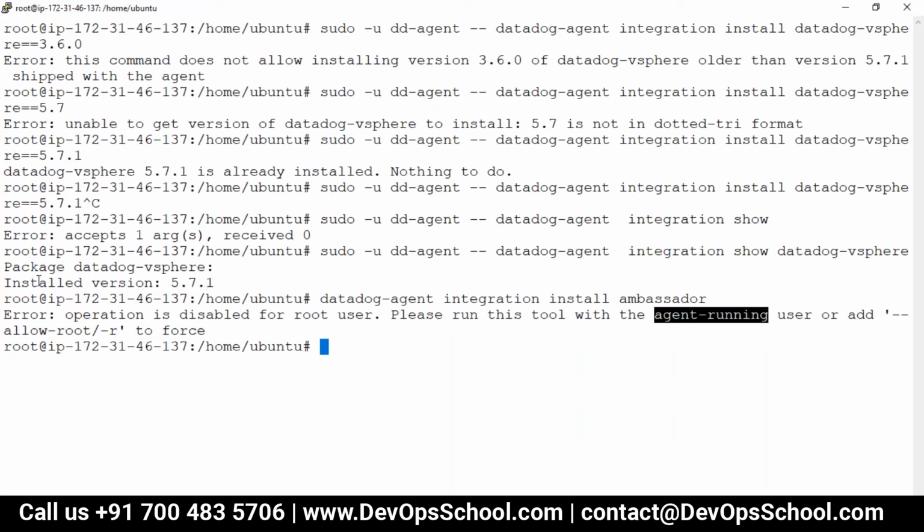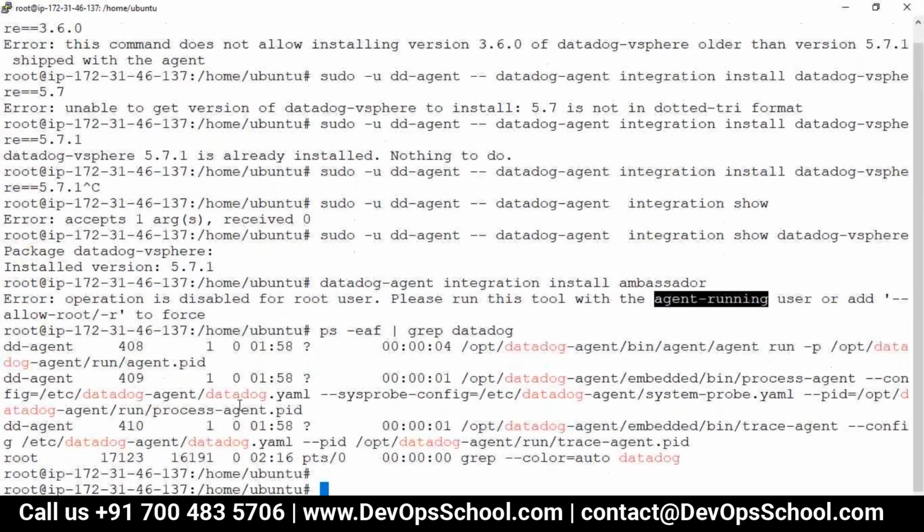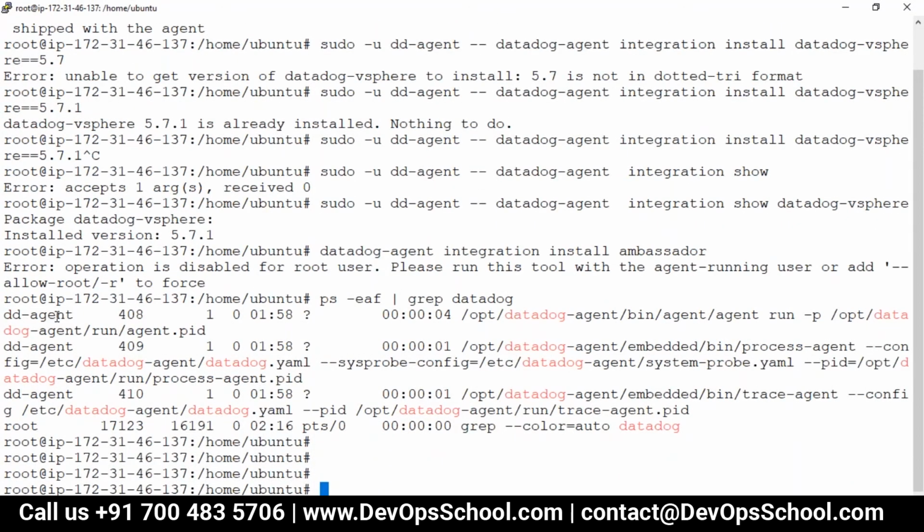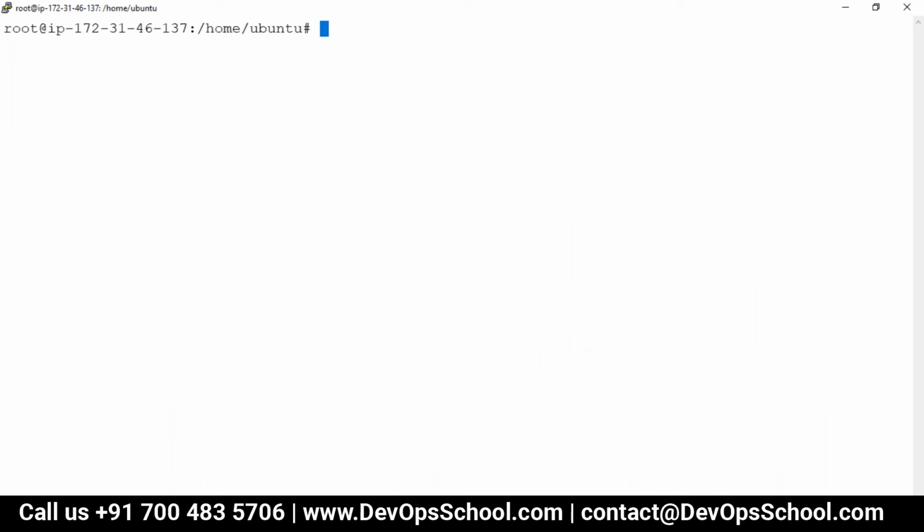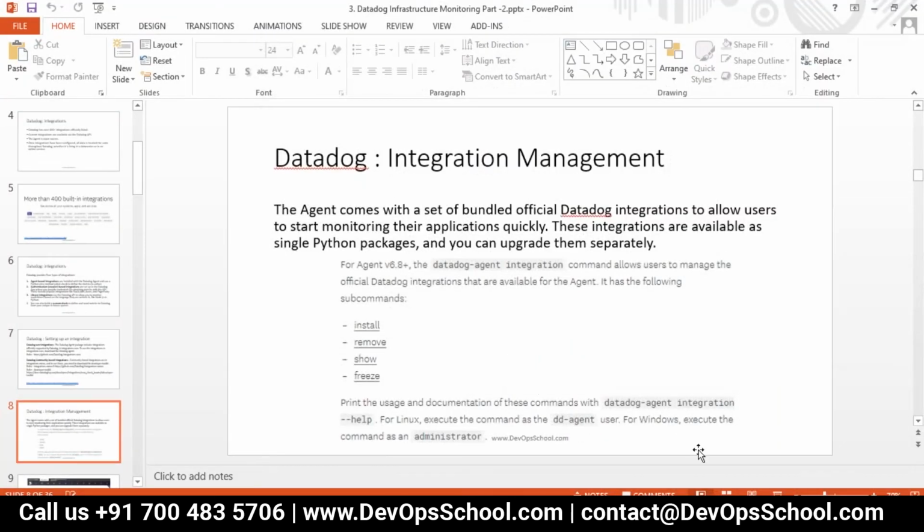Right now dd-agent is the default user which is running the Datadog agent. This issue you won't have on Windows. It's by default administrator. So in Linux, Ubuntu is running with the dd-agent, and so you have to add this command to permit this as a way to install or uninstall and stuff like that. So yeah, these are the ways you can install, remove, show, and freeze.